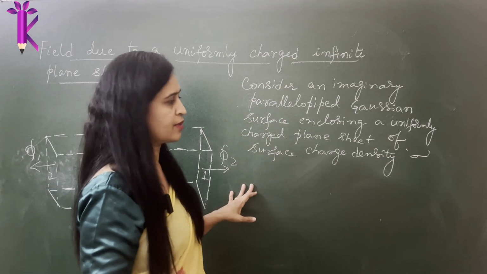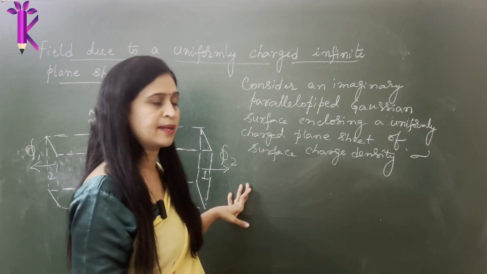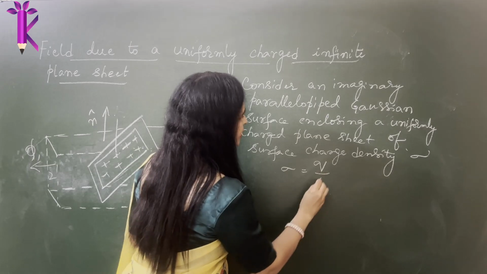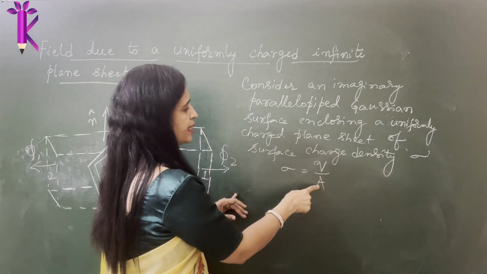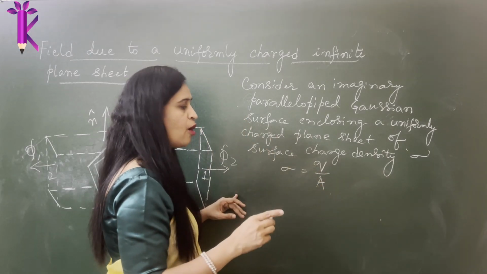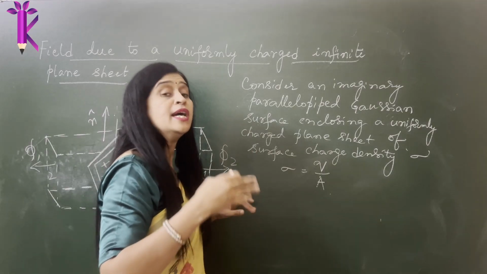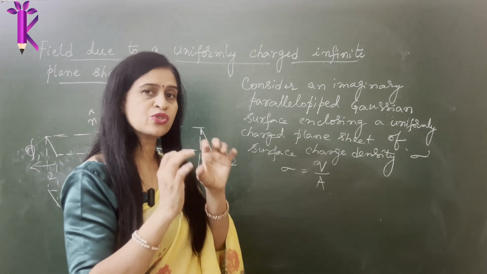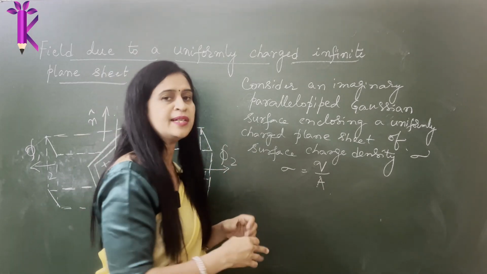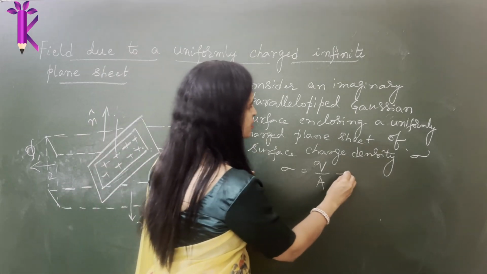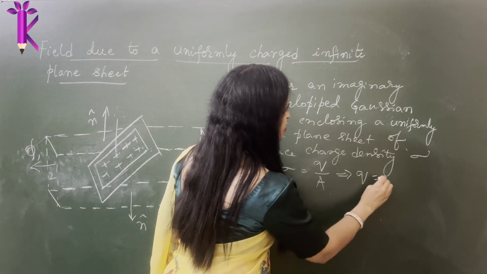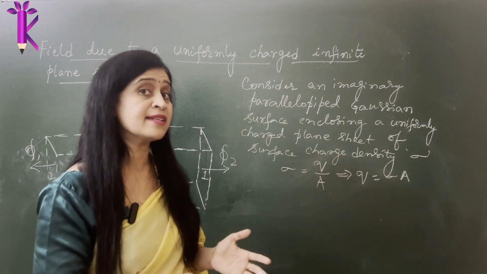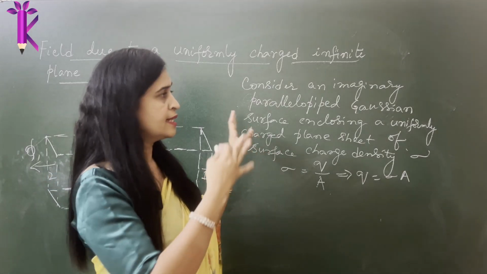This I have discussed, we have done the derivations, I have discussed in very much detail. Now surface charge density is given by Q divided by area. So Q divided by surface area, per unit area of the given surface. If you divide it into infinitesimally small areas, the charge stored in each small area gives you the surface charge density. This also implies Q is equal to sigma A. So we are going in a similar pattern. This is how we started our previous explanation of the entire derivation.